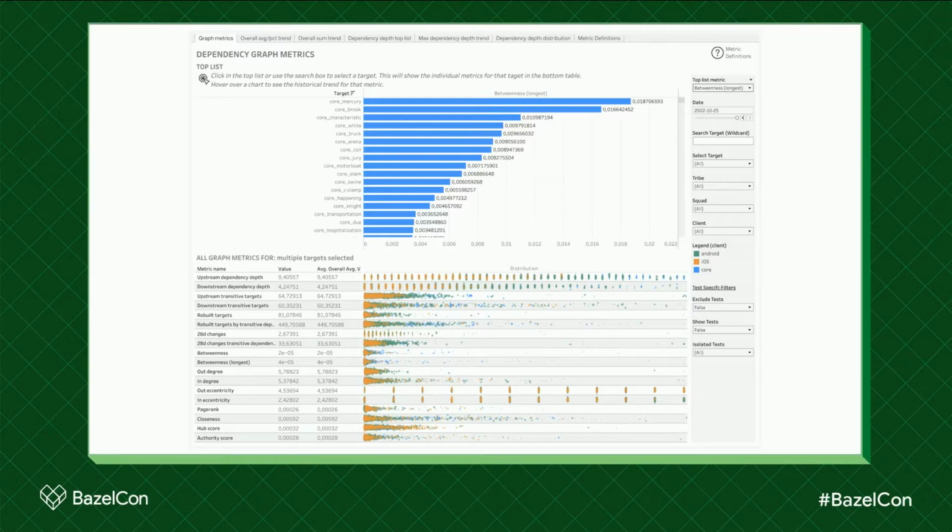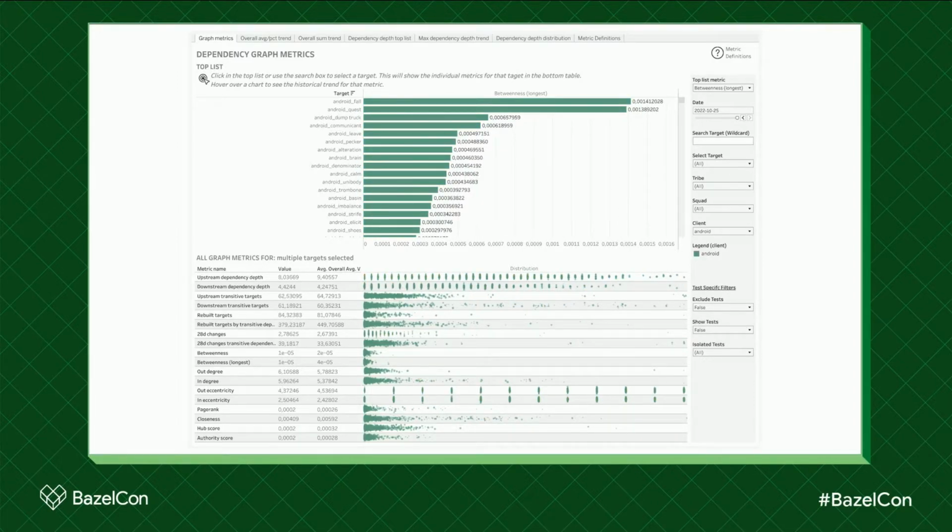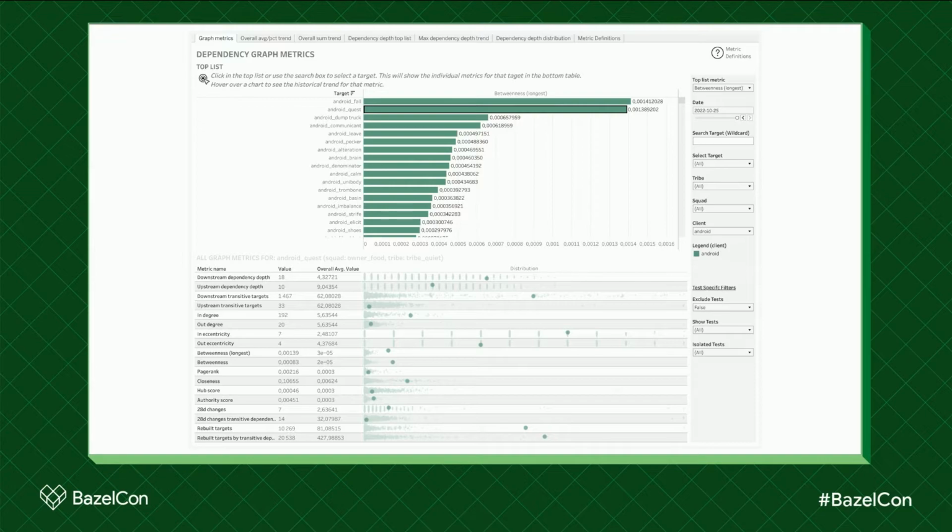But for the purpose of this demo, I'd like to show some Android targets instead. So I can simply go into this client filter, select Android, and the targets we're now seeing is only coming from Android, and all the build targets are reflecting that. So looking at this top list, we can see that there are 2 targets standing out. And maybe we'd like to learn more about how and why they are standing out, so we can select one of these targets and do a deep dive. So in this case, I'd like to look at this made-up name called Android Quest. So I'd simply press the green bar and go into a selected mode, where some additional information is available.